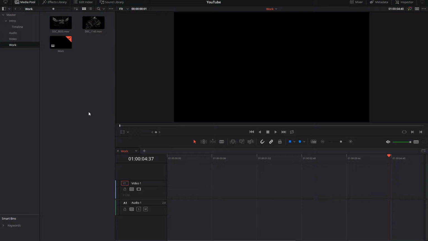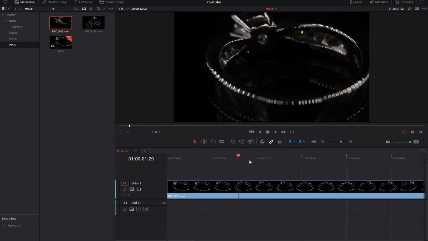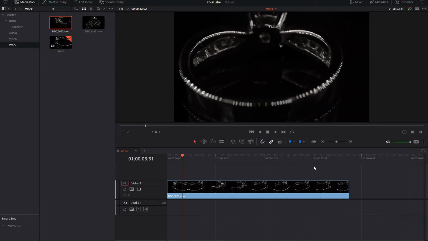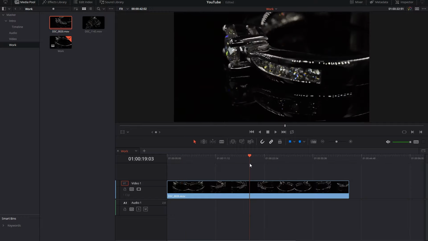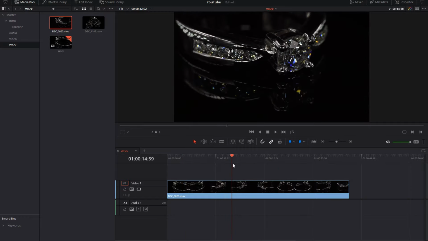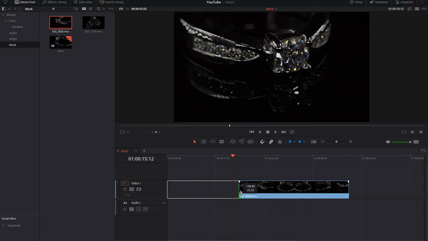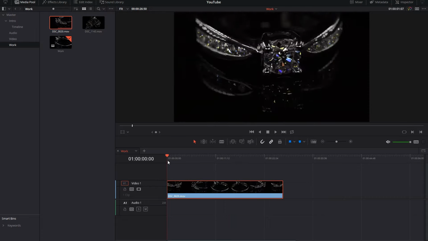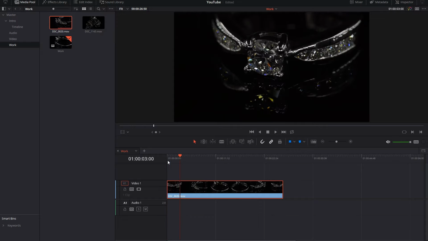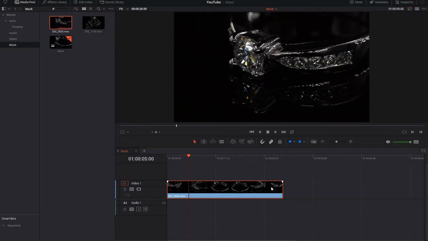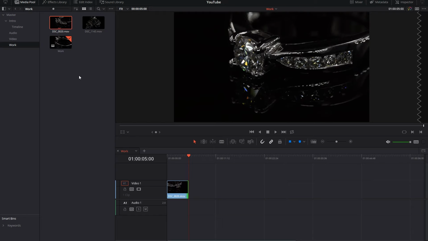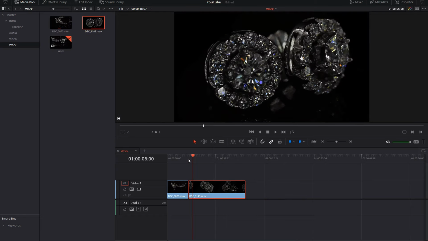Alright, open DaVinci Resolve and make a new timeline. This one I named "work" here. Drag the two clips that you want to join. I will cut them just for the example like this, and I will scroll a few seconds, for example 5, and another clip, and this one